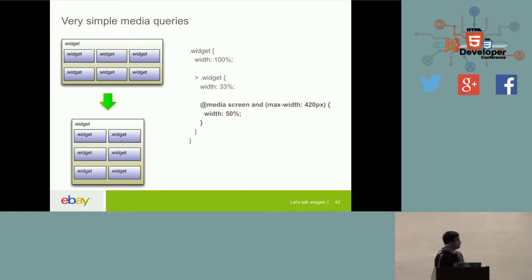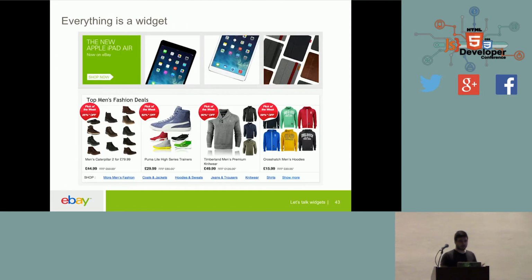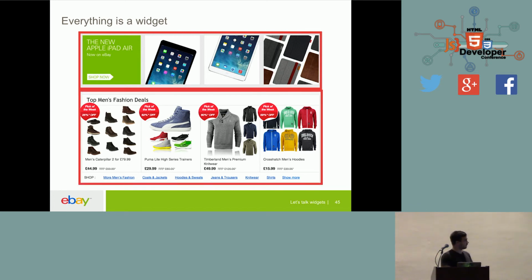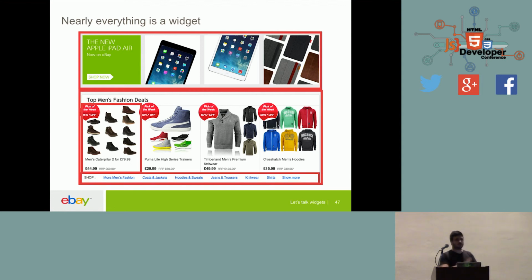Within our environment, almost everything that we've built on that page becomes a widget. So if you have a banner on top, this is a widget that can be dropped wherever any other widget exists. A category is itself another widget. The item within it is another widget. Even the links on the bottom are also a widget, which means that any of these elements can swap positions with any other, and everything will still adapt to their place.